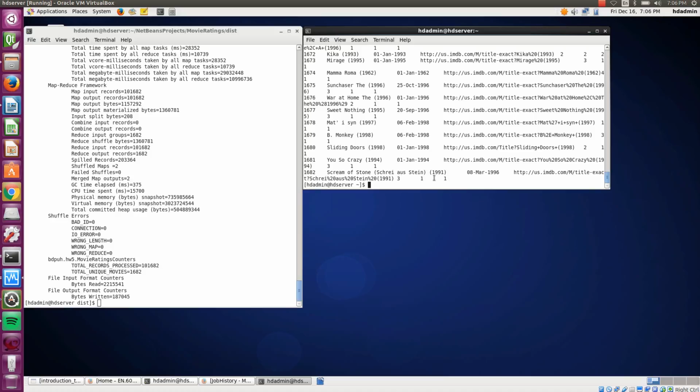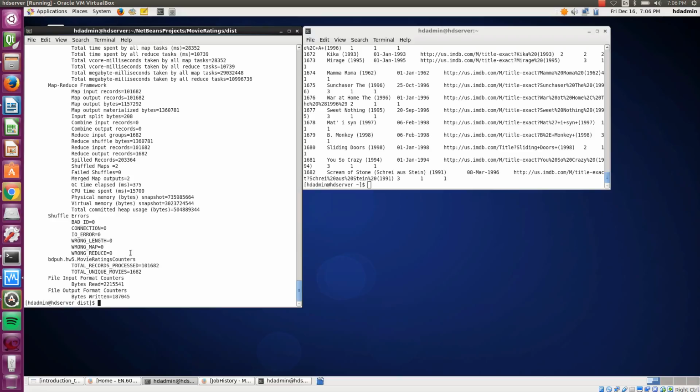Okay, so I have this output, and now what I want to do is take this and export it back into my MySQL database, and the way I'm going to do that again is Scoop. So the first thing you have to do is go into your database and set up a table that matches the format of the data that you're going to bring over. So I'm going to go into MySQL, movie ratings,